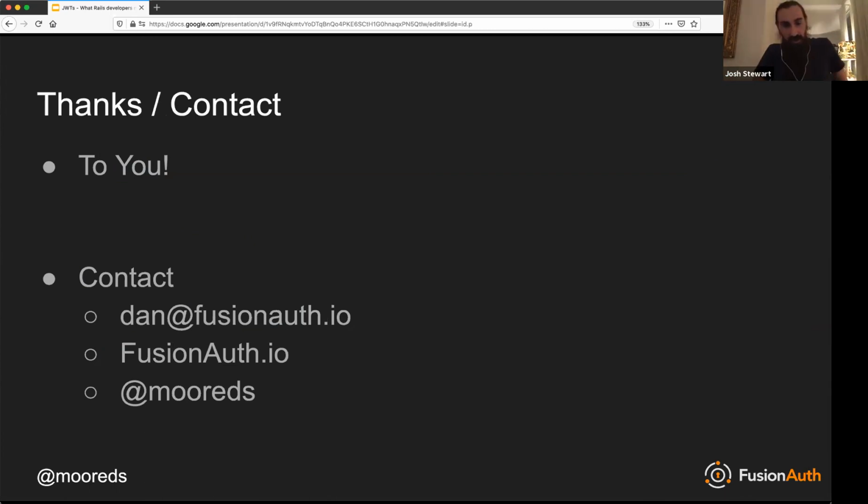Are sub and audience part of the RFC? The sub and aud claims are standardized in the RFC. There are a couple of others. This might actually be interesting to you all: you can set a JWT to be valid for some point in the future. You can say it's not valid before this time, and it's not valid after this time. So if you wanted to grant someone access just for a certain period of time, you could do that. RFC 7519, you can check it out. I think there are something like 8 or 10 standardized claims.